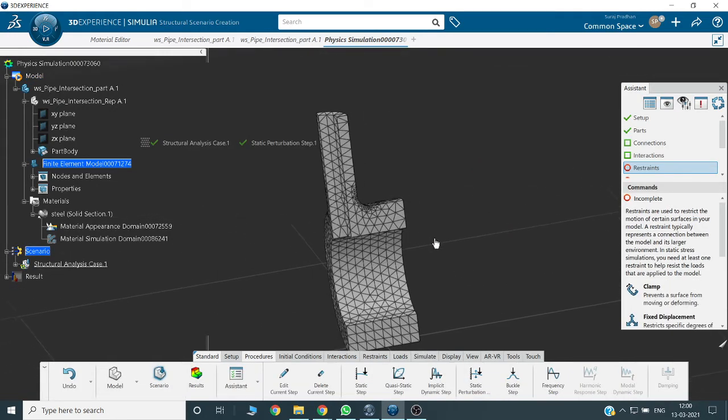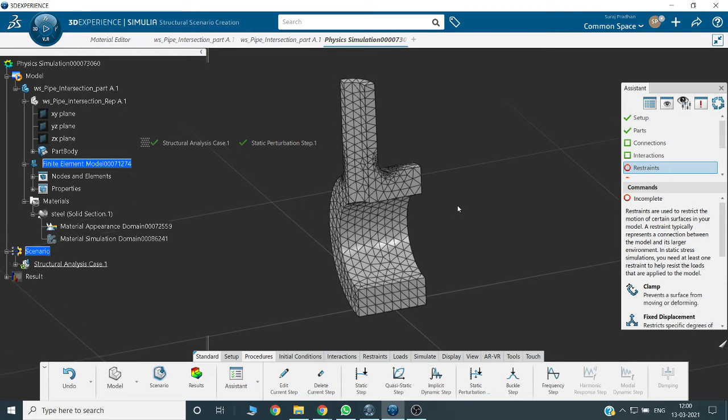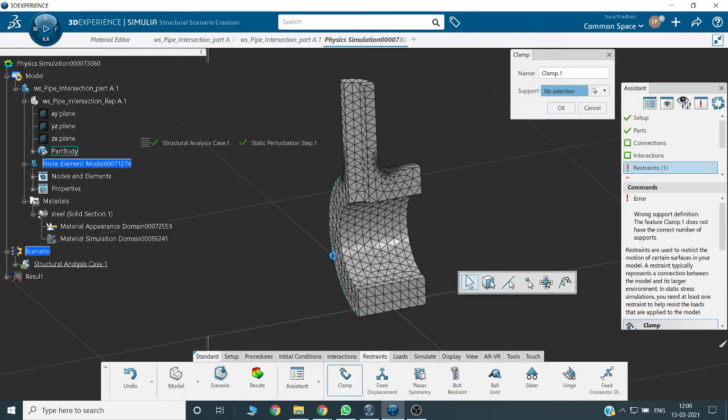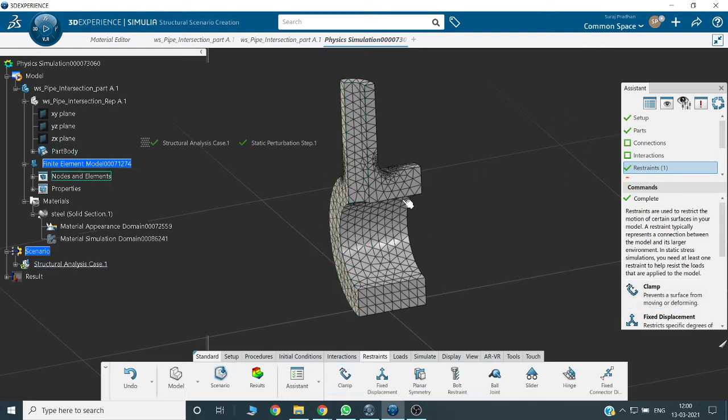So now we'll go for restraint. Restraint is one type of constraint. First I am giving the clamp on this face. As it is a linear plane, I am giving the clamp.